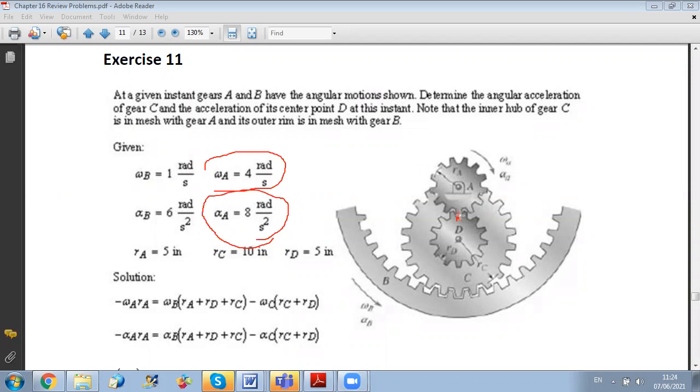So here, if I look at my figure, omega and alpha are clockwise. So from the right-hand rule, I can say that the velocity of A is equal to omega A times RA. So VA is omega A times RA. And the tangential acceleration of A is equal to alpha A